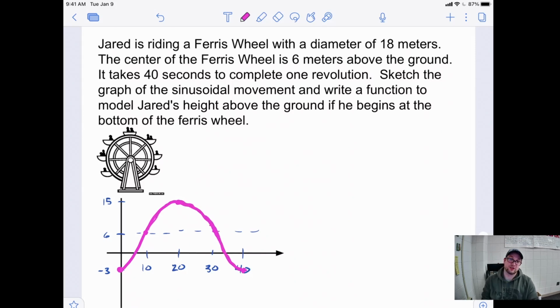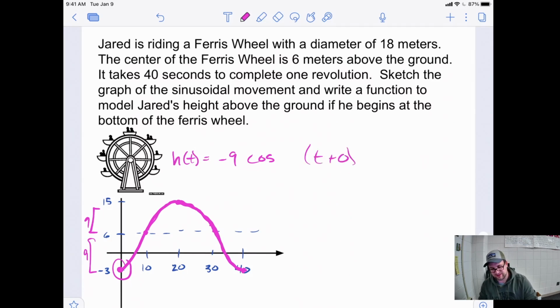This, of course, is a cosine graph, so we'd have cosine. We know that our amplitude here would be 9. That's always half of your diameter. Since we're starting underground, we're going to keep that at -9, or we're starting below the midline. Let's leave our b value blank. Again, we'll do this as height with respect to time, so this will be t plus 0 plus your midline